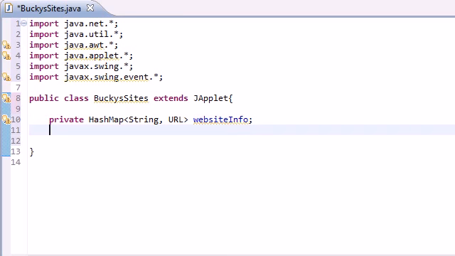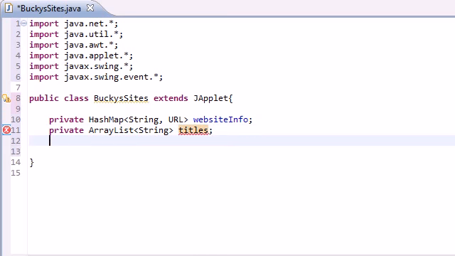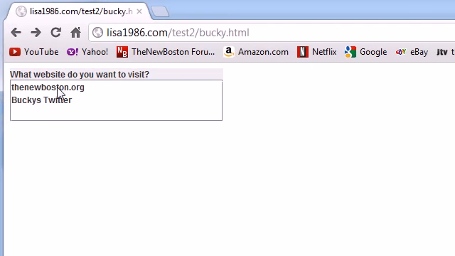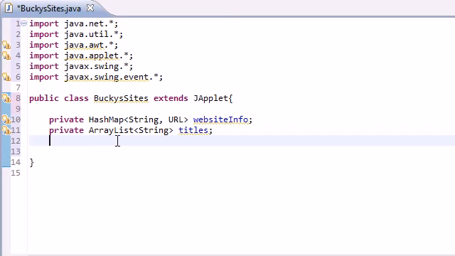Now, after this, I want to create pretty much a list that's going to store only the titles themselves. So private array list. Now again, the information that this stores is only the titles. So the titles we can go ahead and keep as a string. We don't need to convert those to anything. And I'm just going to go ahead and name this titles, which is going to be the newboston.org and Bucky's Twitter. And last but not least, we need to go ahead and create a list. Private